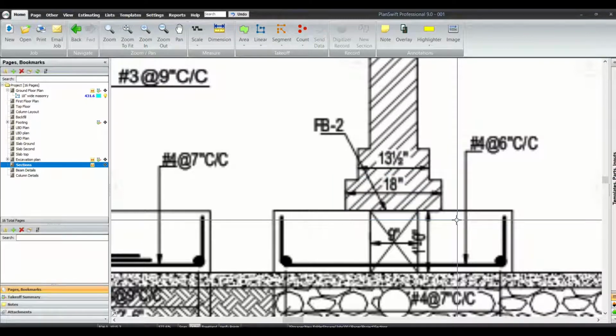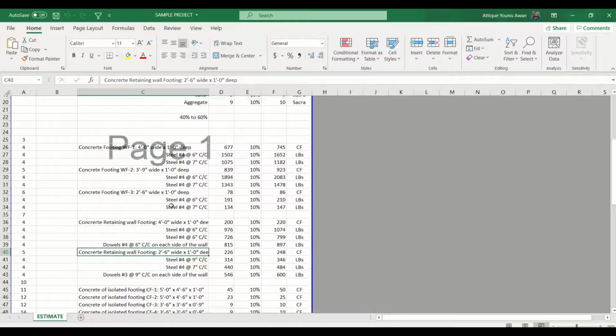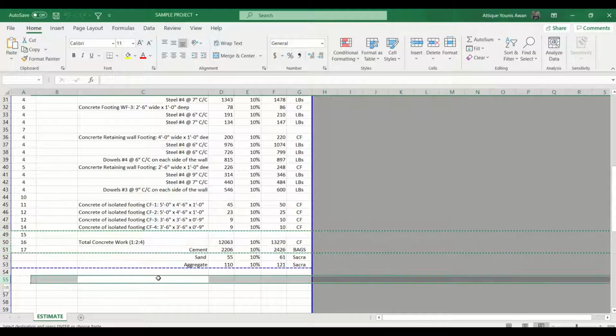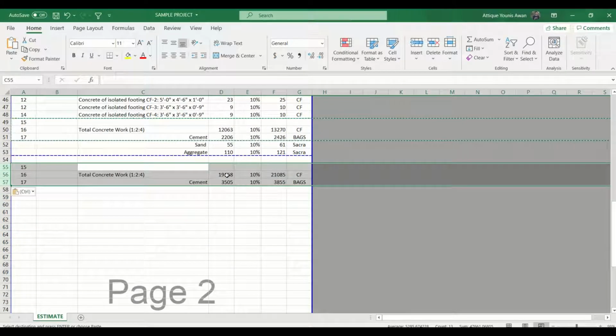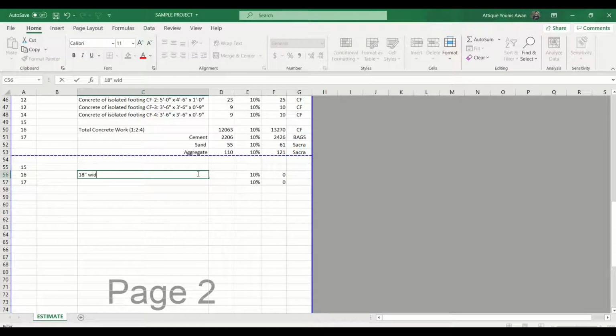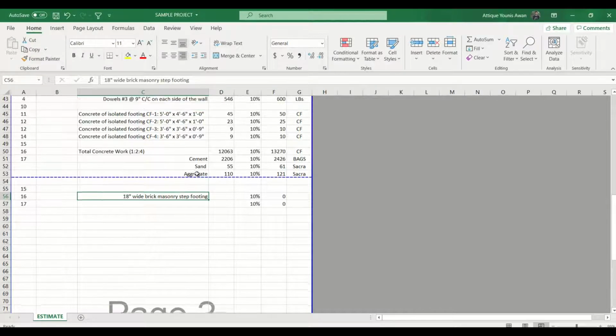Now we will go to the Excel sheet which we have been preparing since session 1. I'm going to copy a couple of line items and paste them here, and delete the description and the units written over here. What I need first of all is the 18 inches wide brick masonry step footing, which we get from the linear feet.